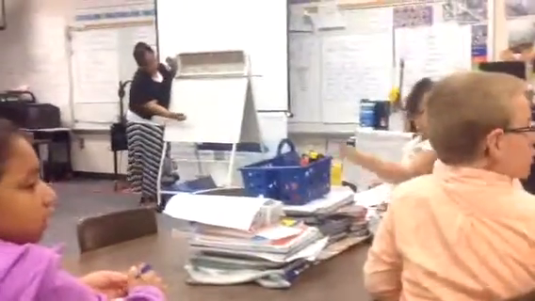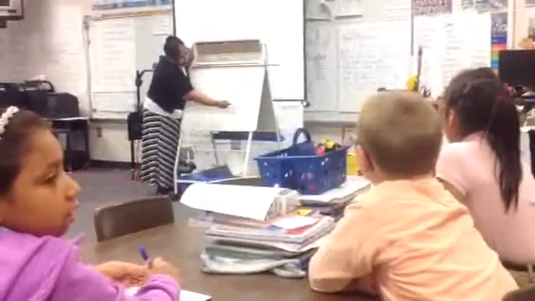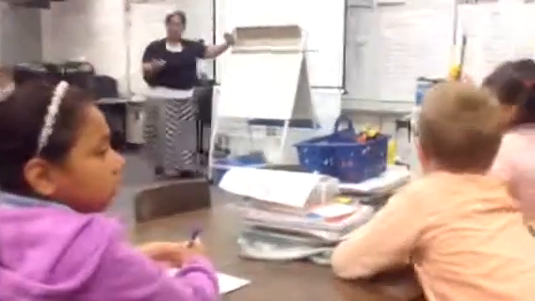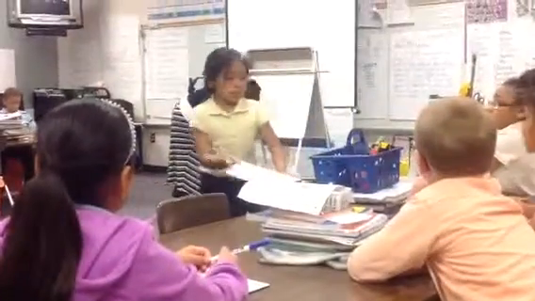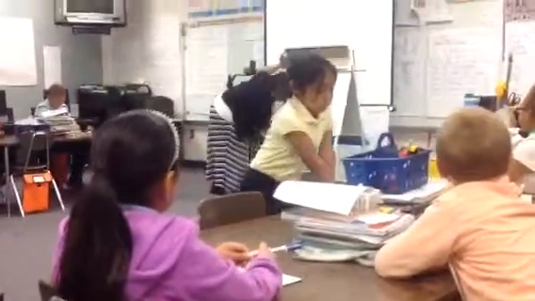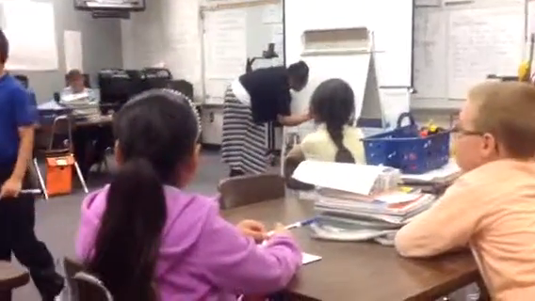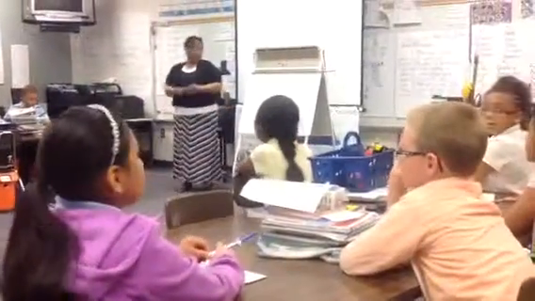But we count by 5, so let's go. 5, 10, 15, 20, 25, 30. So it's 2 hours and what? 30 minutes. It's 2 hours and 30 minutes before we go to lunch. Okay. Sit down. Does that make sense? Okay, we're gonna try it.